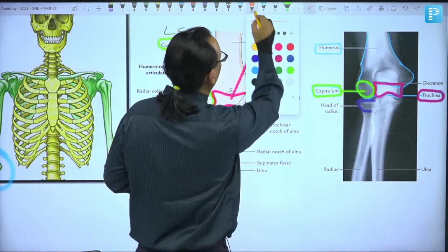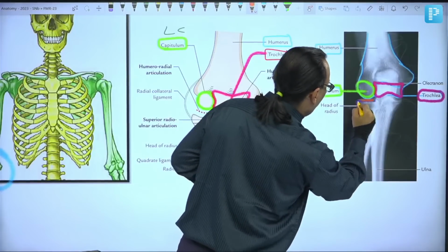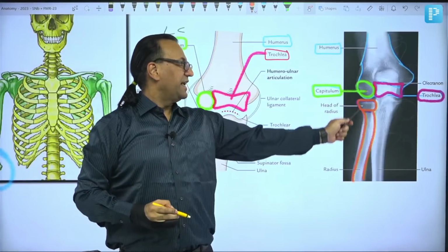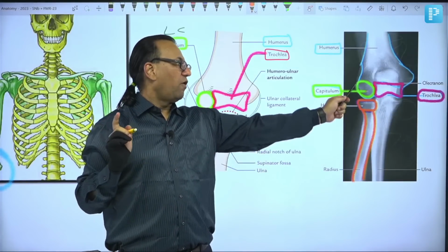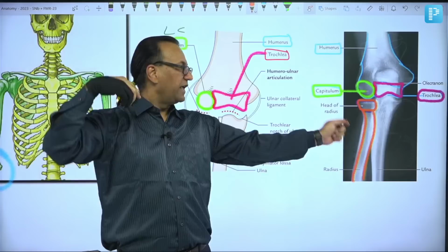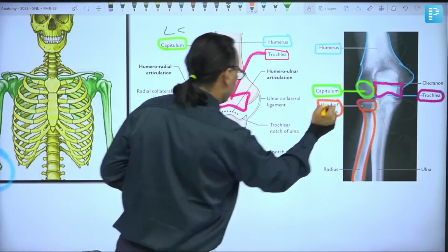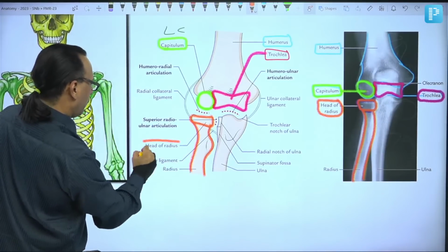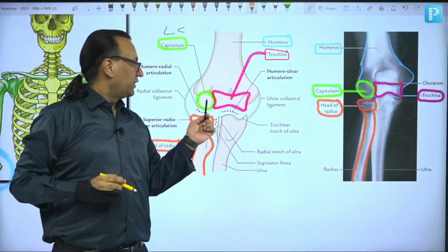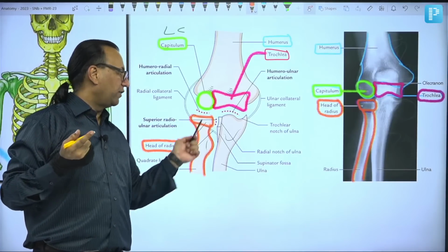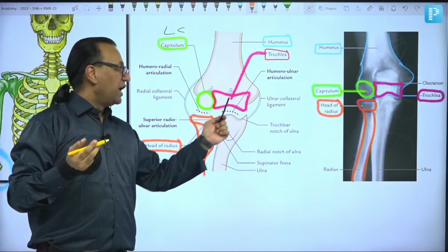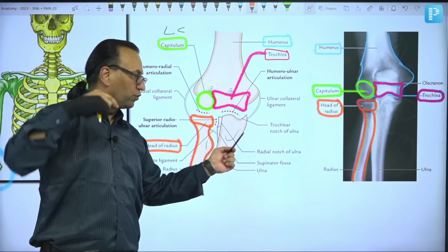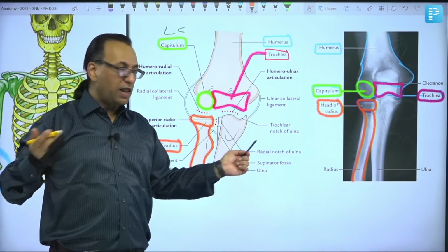Maybe this color. So this is the head of the radius, this is the radius bone, and sitting on the head of radius is the lateral condyle, which is also called the capitulum, like a cap on the head of the radius. This is the head of the radius bone here. Now once you have talked about the lateral condyle or capitulum on the head of the radius, what about the medial condyle? Medial condyle is the trochlea, and it is fitting into the trochlear notch of the ulna, which we can use